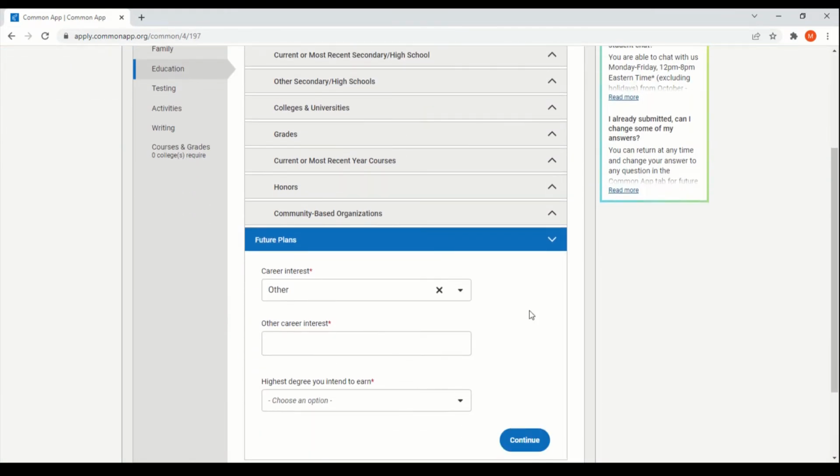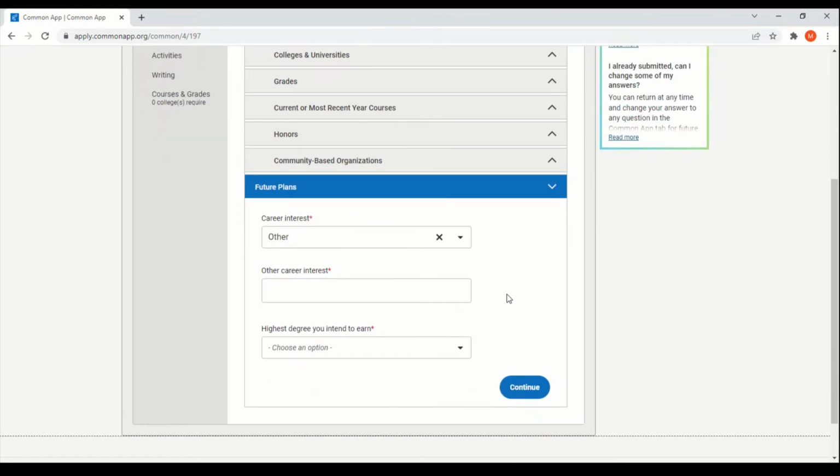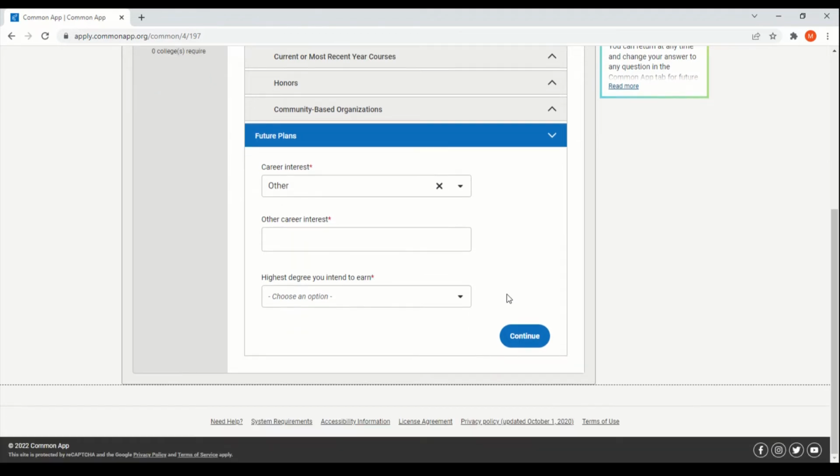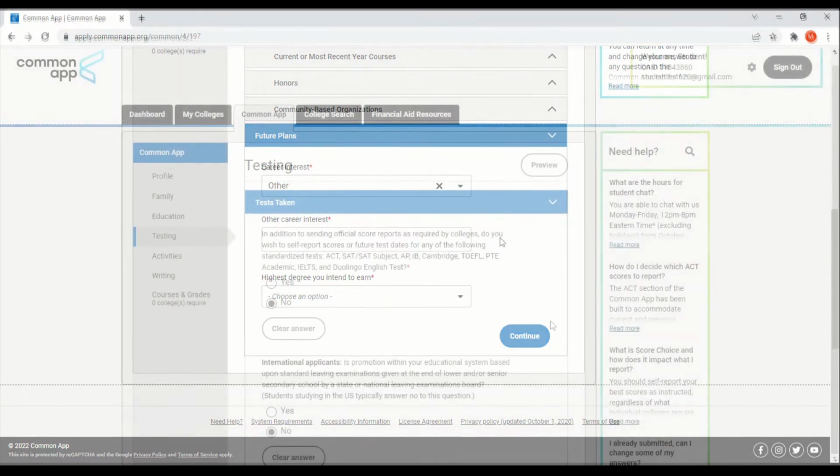Future plans. Students will be asked to share their career interests, and they will also be asked about the highest degree they intend to earn. If they don't know the answers for both of these questions, they can also choose undecided. The testing section,